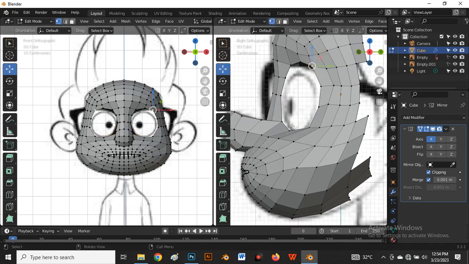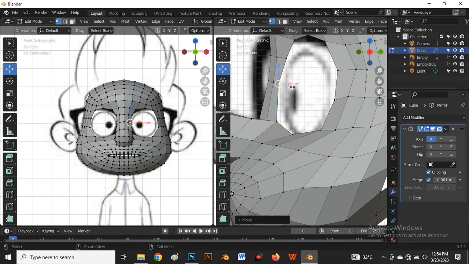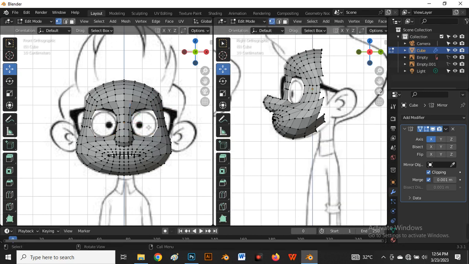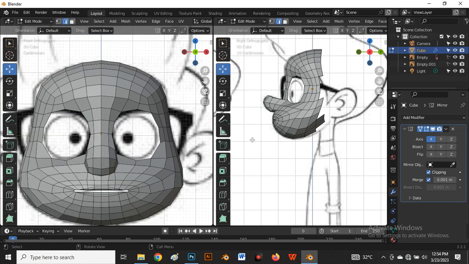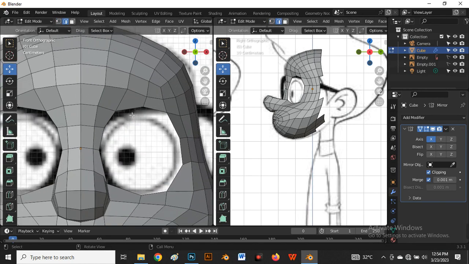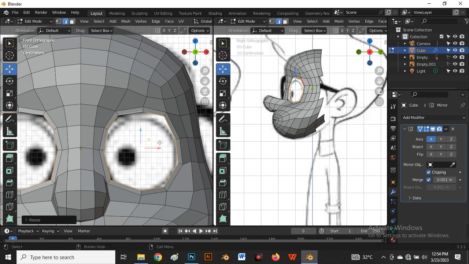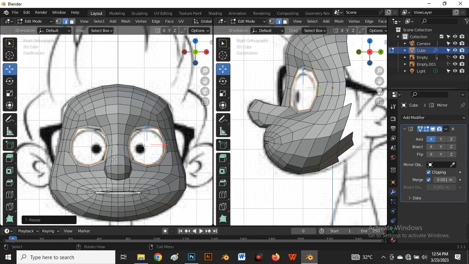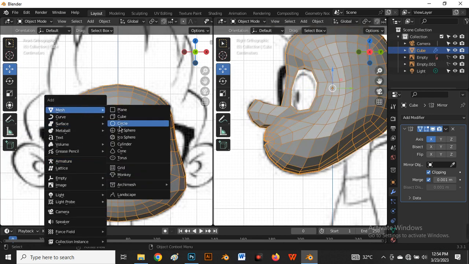This is nice now, and we can bring this way a little bit, not too much. What we do now, we say 2 for edge selection. We're going to bring in, okay, let's hold Alt, select this and say E to extrude, right click to release and S to scale uniformly, just a little bit. And now we can say Tab for object mode and say Shift A, go to mesh and bring in